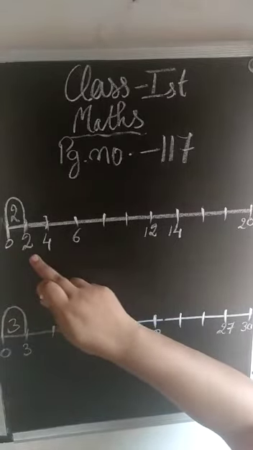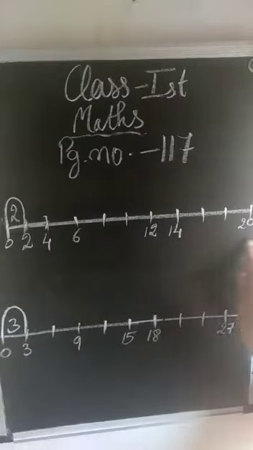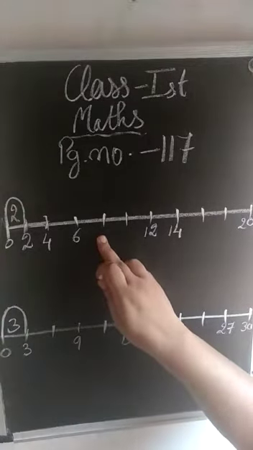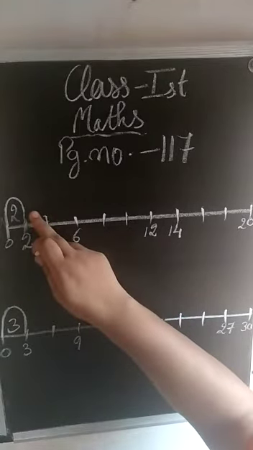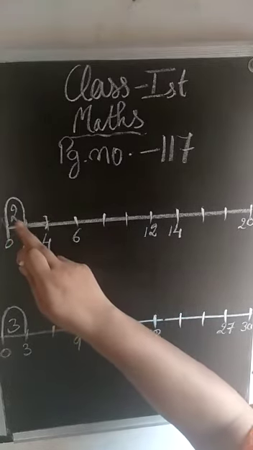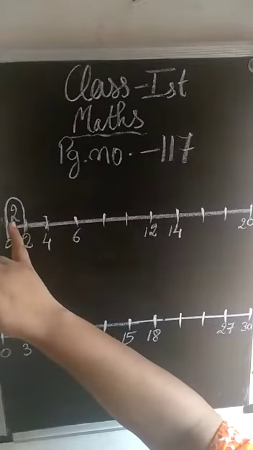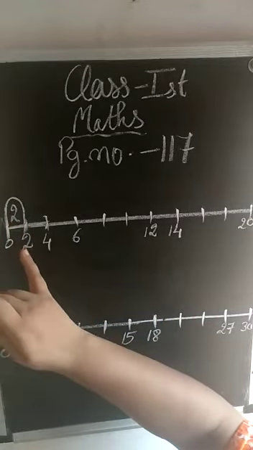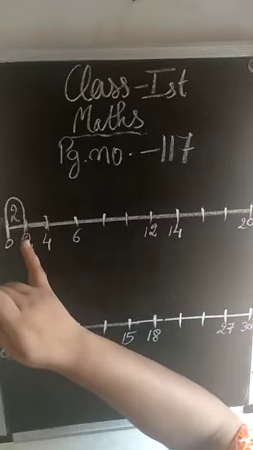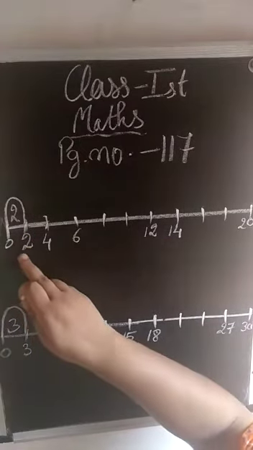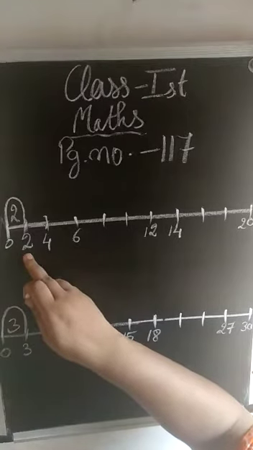After that they had given us a few numbers on the number line, but a few they had skipped. How to observe that? At first we should see the interval. The first interval they had given us the number. That is, in the first sum they had given us the number as 2. So we will continue with the same table as the number they had given in the first interval. Here we have to say the table of 2.